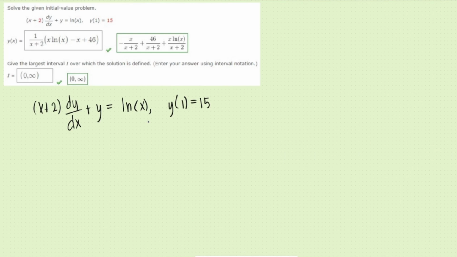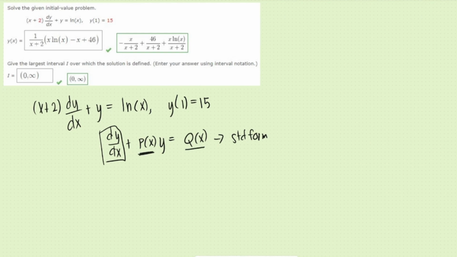So the first thing we're going to do is rewrite this into a standard linear form, which is dy over dx plus p of x times y is equal to q of x. So this is the standard form of a first order linear equation. We want dy over dx isolated here, and we want p of x here. These two should be functions of x. So what we can do is